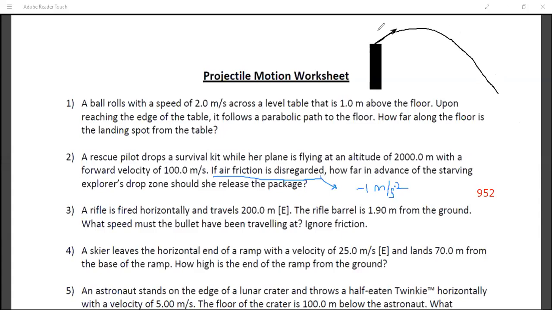The only change made for the third part of the question: the second part was for air friction. The third part, the change made was that instead of dropping it horizontally, we are going to have an initial velocity at an inclined position, making an angle of 30 degrees with the horizontal. So now it is making an angle of 30 degrees with the horizontal, and we need to find the range where the packet will fall. So this is the third part of it.